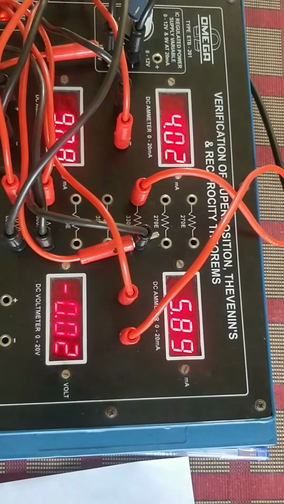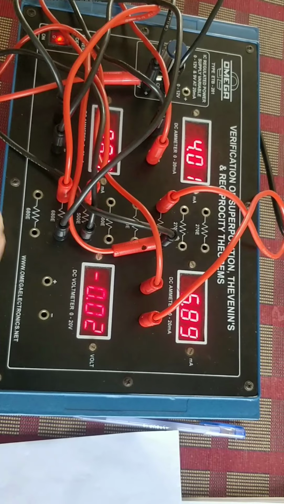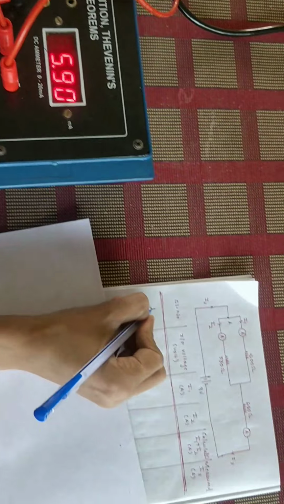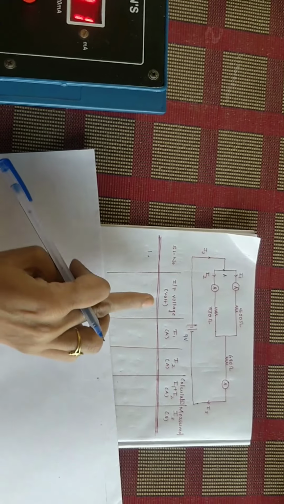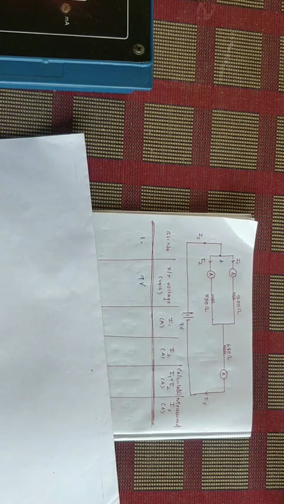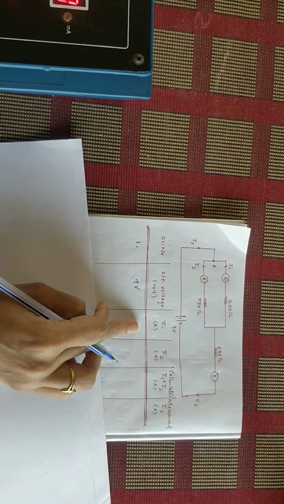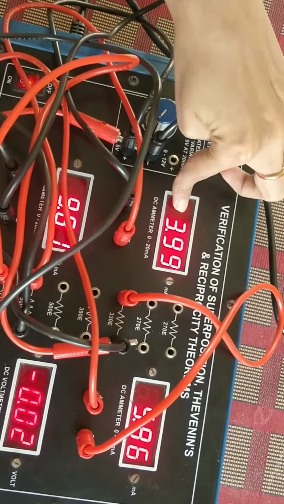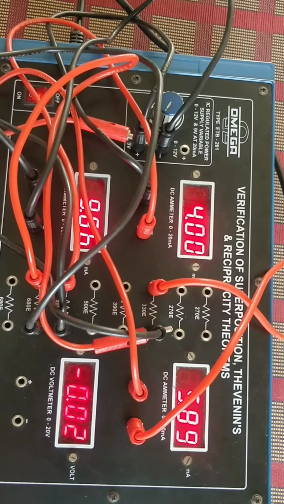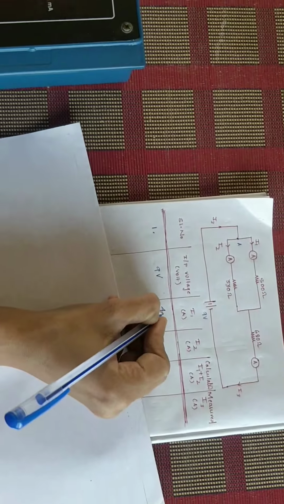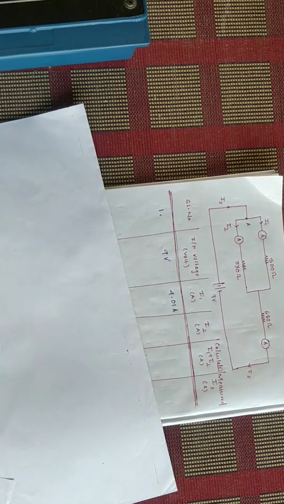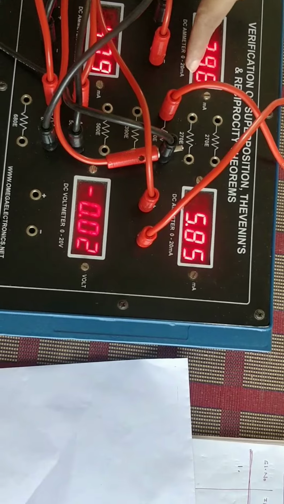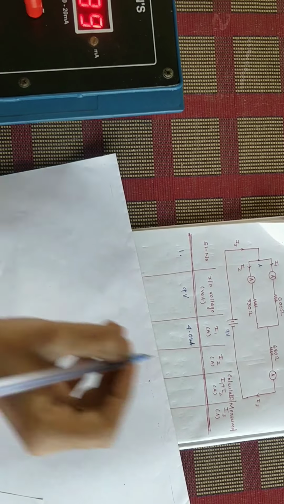Now we will be doing the verification. Here I have connected the 9 volt power supply. First, in the observation table, in the first reading, I will take 9 volt supply voltage. Then I need to find out the first current value, that is I1, meaning in this ammeter, how much are we getting? Around 4.01, 4.02. So suppose I am taking 4.01. Sorry, it is in milliampere. This is in milliampere.